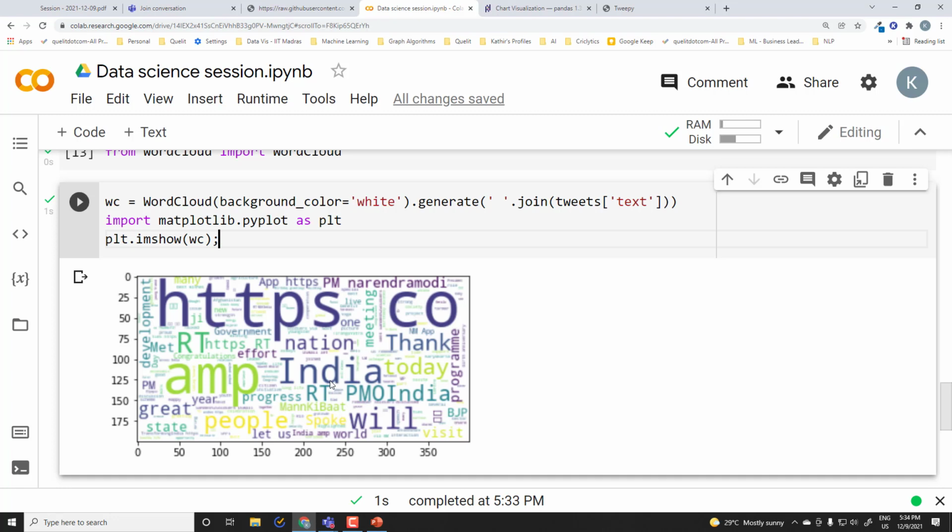So for a categorical column, we did frequency analysis on each category and identified which category has the maximum frequency. On a numerical column, we were doing distribution analysis: minimum, maximum, standard deviation, average values and all. On a date column, we looked at the first date and last date to understand the duration in which we have the data. And on the text column, this is one of the analyses that we do. And of course, there are a lot of other ways in which we visualize the text column.